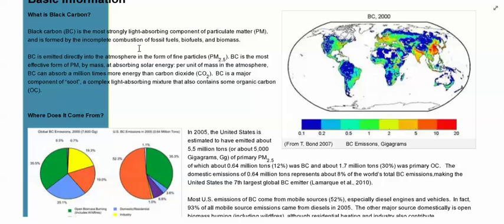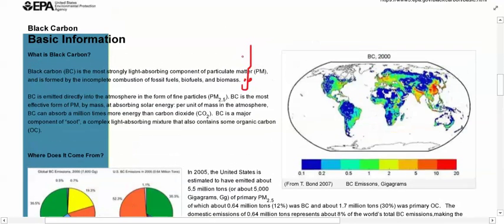And as I was reading along in this article, for example, let's say that I read "black carbon is most strongly light absorbing," blah, blah, blah, and it's talking about combustible fossil fuels. Let's say I already knew something about fossil fuels and combustible things. I was like, yeah, I know that's where carbon came from, so I would add a smiley face to show that I already knew that thing.